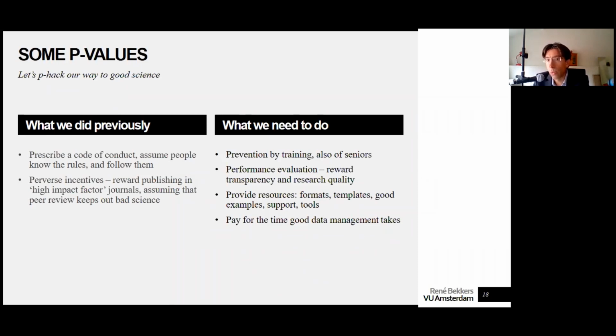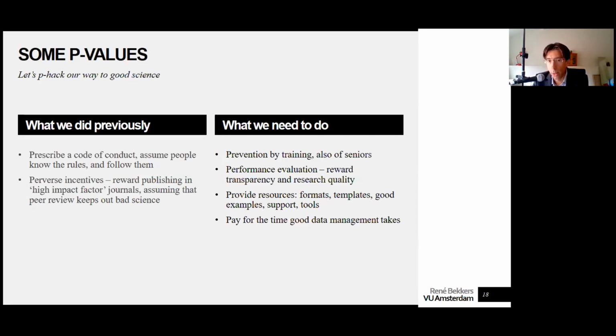People say we should perform evaluations of how transparent people are in their research. And of course, this is a problematic thing because anything that you incentivize with performance evaluations also has downsides. But in addition to, or maybe replacing the emphasis on publishing high impact papers, maybe it is better to reward, if we reward something, transparent research rather than just high impact journal research.